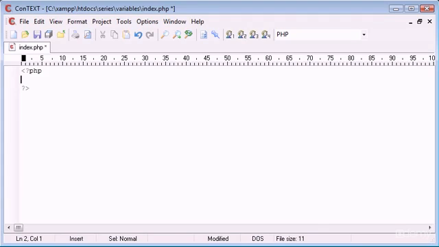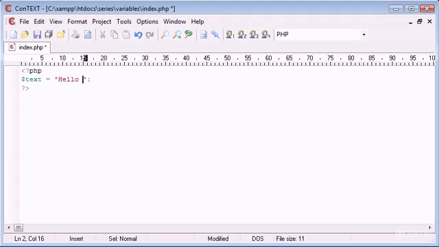All we really need to do is use our $ notation. All variables start with the $. They can either start with an underscore or an alphanumeric character, so it can be uppercase, it can be lowercase, or in fact it can start with a number, but it can't consist of just a number. So if we were to create a variable here called text, and we could make that